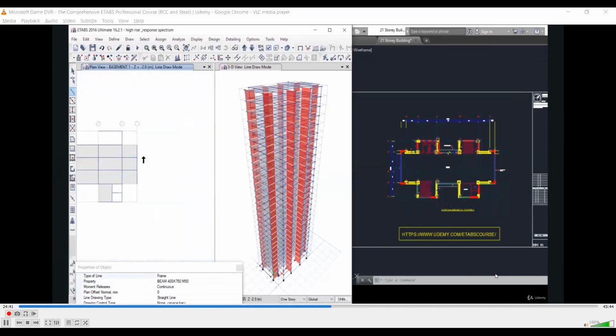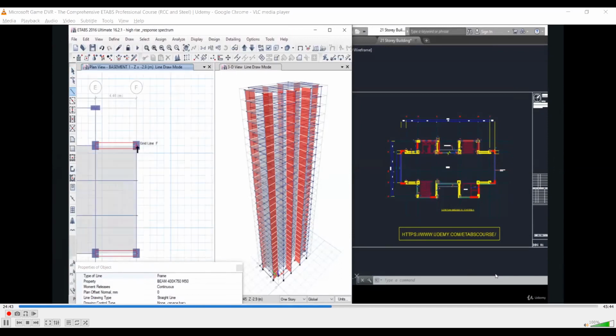A similar arrangement should be drawn on this side also. So we snap the grid point F2, draw it for 2 meter length, right click, and then again left click grid point F3, 2 meter, and then draw. You'll notice that the angle is not 90 degrees, something is not right.